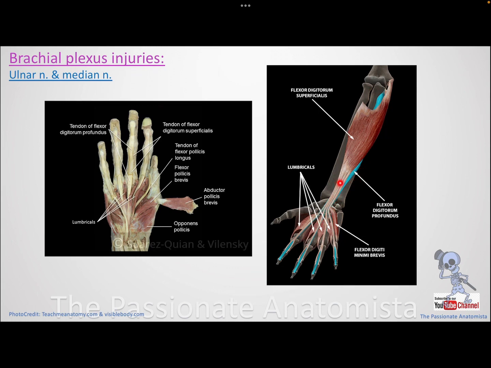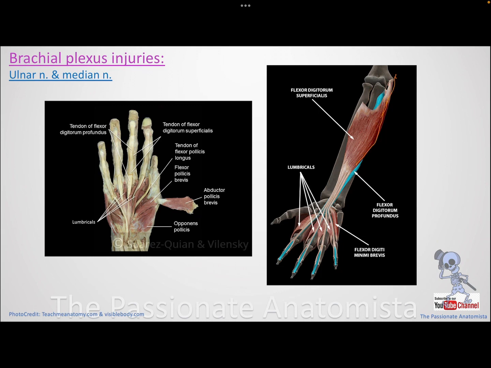I'm going to help you remember them perfectly in the exam when we come to that topic. But now I just want to mention one thing. The median and ulnar nerves are coming in the front here, and they want to supply structures in the front of the hand. The median nerve is going to supply all of the muscles in the frontal aspect of the forearm except the ulnar nerve, guys, and during its journey, the ulnar nerve will come and